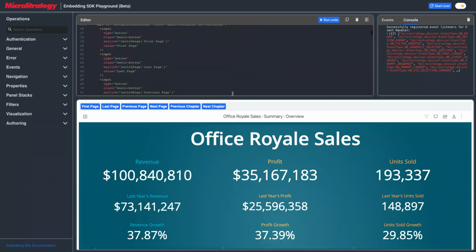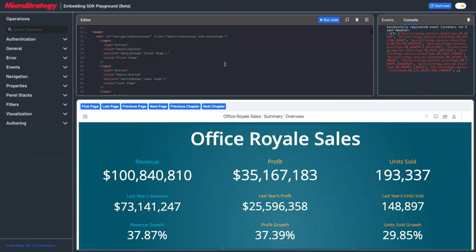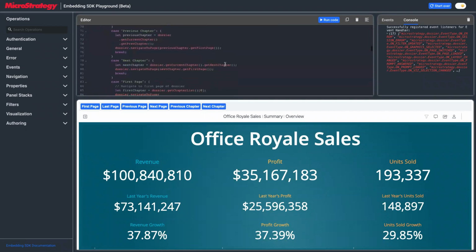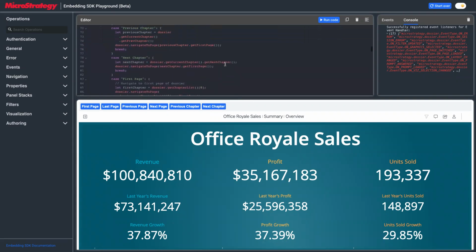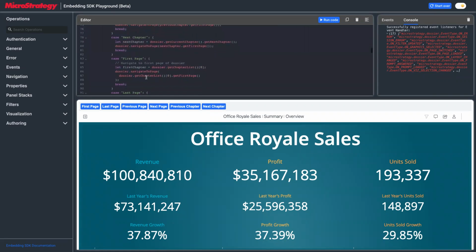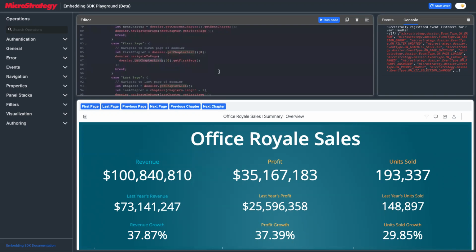In this example, we created a bunch of buttons. Behind the buttons, you see the first one is the first page button. Behind this button, there are some Embedding SDK functions we are calling. If you click the first page button, we are calling navigate to page, and we get the first chapter and the first page in